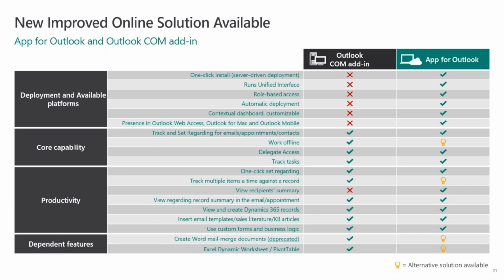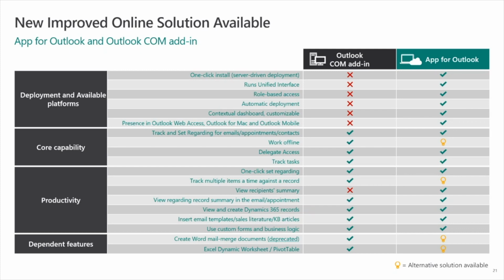But as we go later in this presentation, we'll show you alternative solutions that are available. It both offered delegate access and the ability to track tasks and have a one-click set regarding. One of the things on the roadmap is the ability to track multiple items against a single record. That was something you could do in the Outlook add-in, and you cannot really do that yet in the app